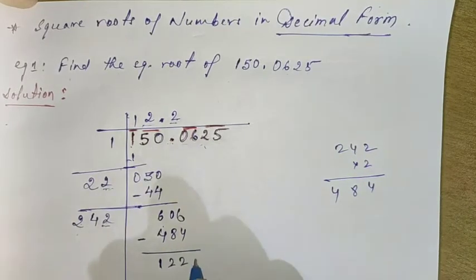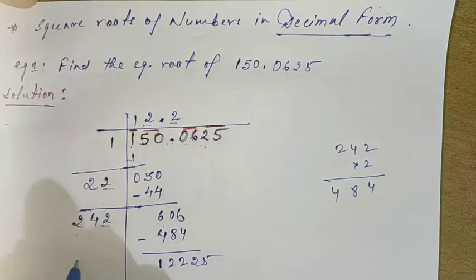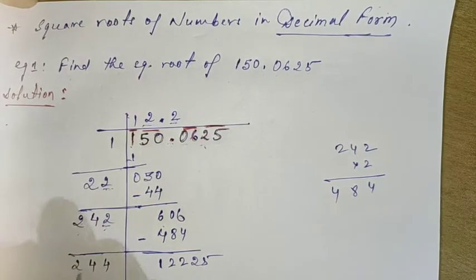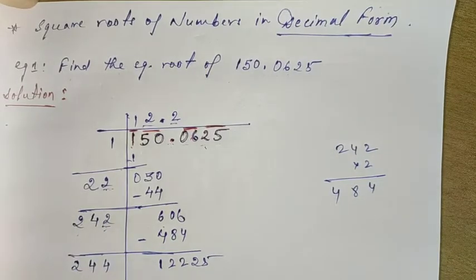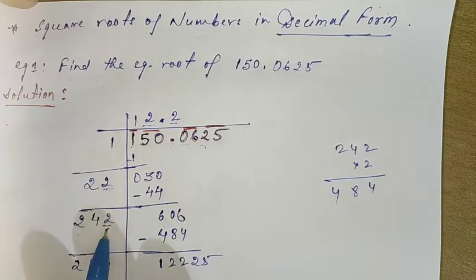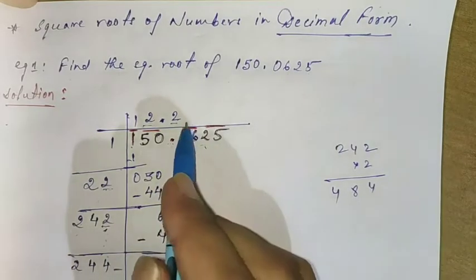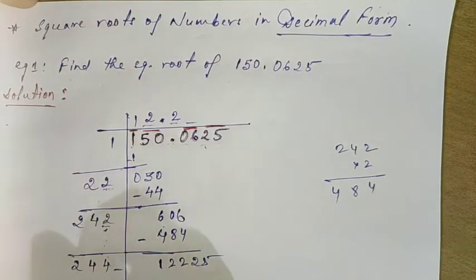Next pair will come down, it is 25. Now I have used a 2 over here, so I will double this 2 to get 4. This 4 will come down as it is, this 2 will come down as it is. Now suppose in case there was an 8 over here, I would have doubled it, so 8 plus 8 would have given me 16, so I would have written 6 over here and carried 1 over here. So remember this. 244, a blank place here, over here same. By which number it will go, we'll check.